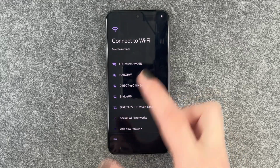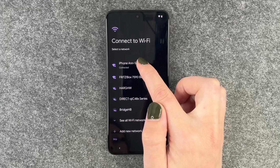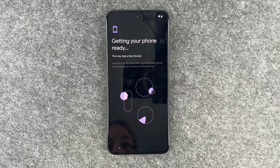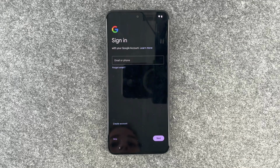So we say skip, and then we can connect to a Wi-Fi. So we already choose our home Wi-Fi here. For some reason that doesn't work, so I'm gonna go ahead and give myself a hotspot with my phone now. I already tried that, so we're choosing that, getting our phone ready, checking network info,